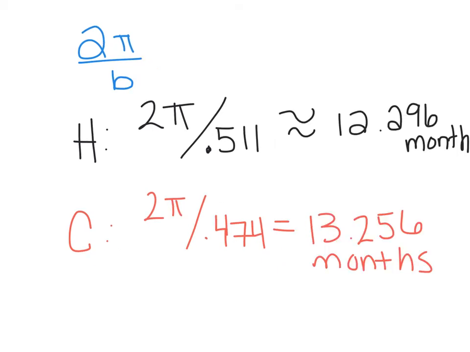Using my calculator, I found that the period of Chicago is 13 months and some change, and the period of Honolulu is 12 months. And there are things like global warming and whatnot that can attest to that temperature difference. But from living up north, there are some winters that are colder than others, and some winters that are warmer than others. Sometimes you get more snow, sometimes you get less snow,